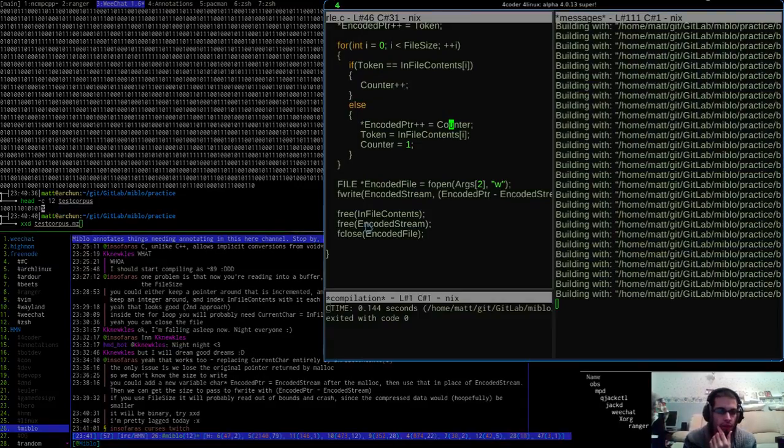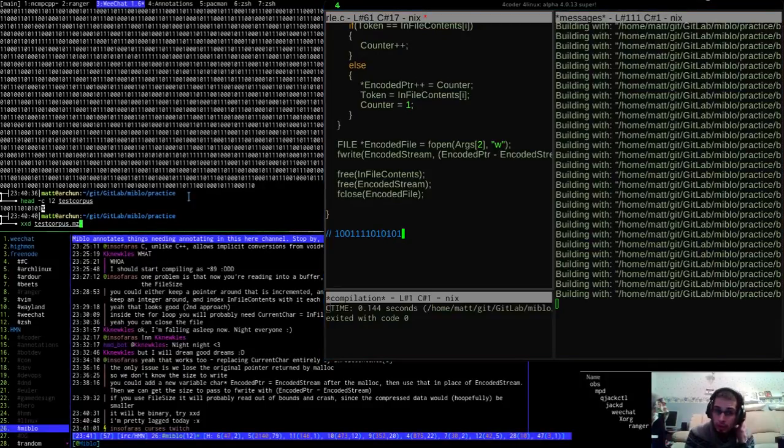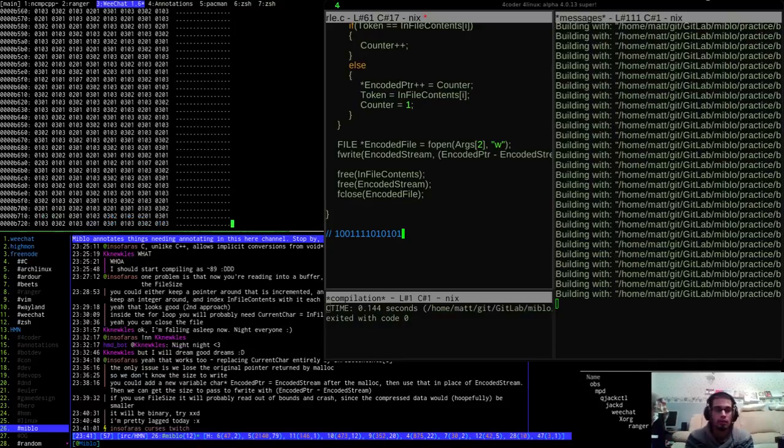So let's see what it is, it's 10011. That's the first few bits of the test corpus. So this is outputting... I'm sure I saw the start of the file before.